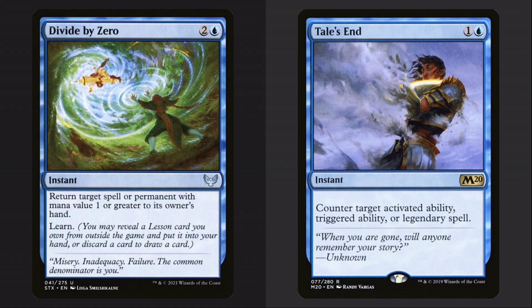When an effect interacts with the stack, it will typically do so by targeting spells or abilities. Think of spell cards as scrolls that can be used to cast spells. You can target the scroll in the wizard's hand, but you can't target the spell itself unless they start casting